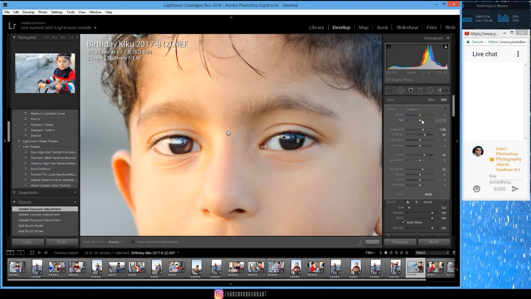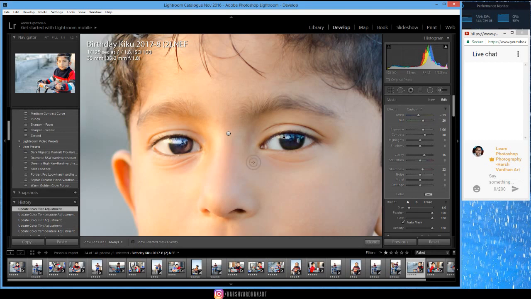And now I can adjust its temperature, so I can take it towards the blue side to make the color of the eyes blue, or I can drag it towards the brighter or the warmer side to make it look like yellow or maybe something like red. Okay, but I would prefer to have the blue eyes. All right, or you can bring it down to have green eyes as well, but I prefer the blue eye